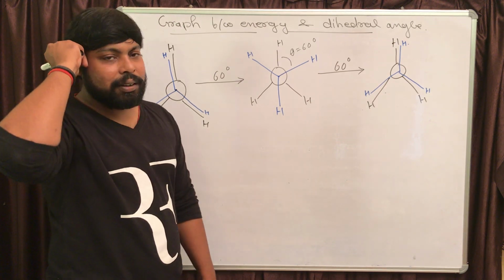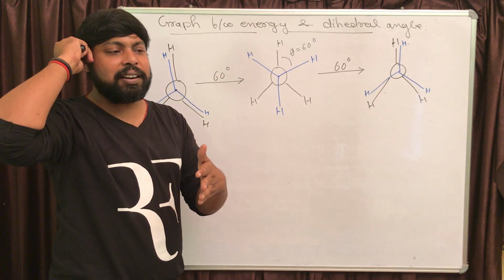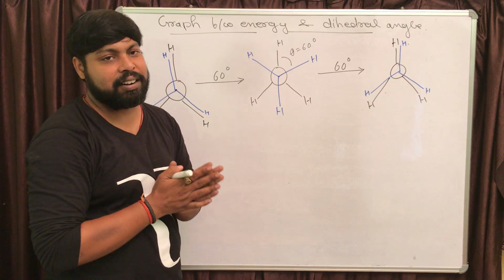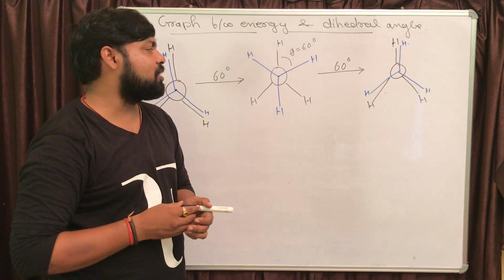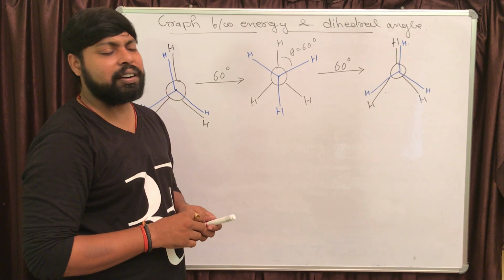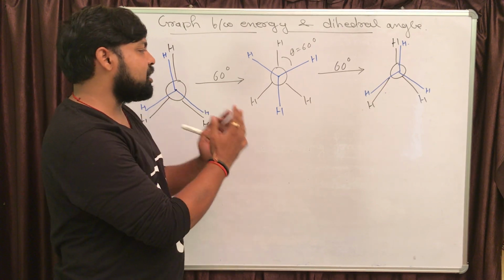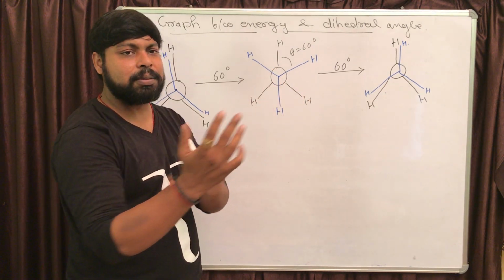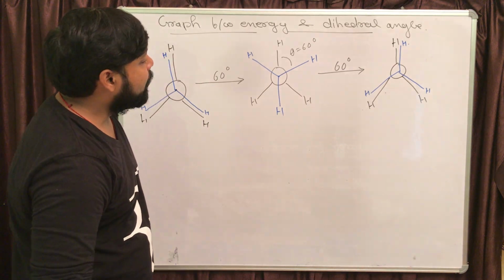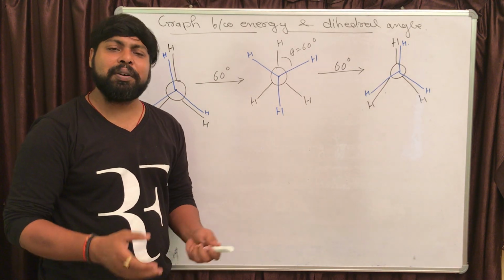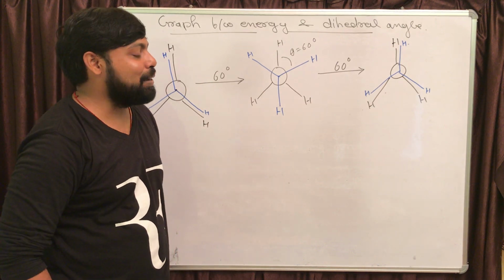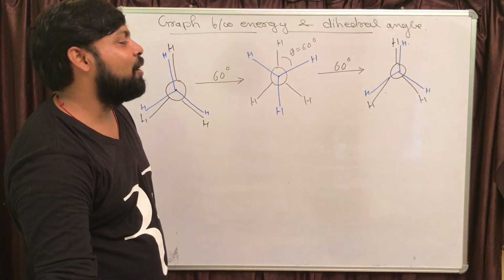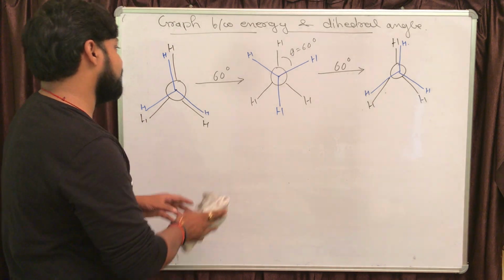So for that, starting from 0 dihedral angle to 360 dihedral angle, we are going to draw the graph. In case of ethane, it is not much affected. You are alternatively going to get eclipsed, staggered, eclipsed, staggered, eclipsed, staggered, and so on. But if the compound is changed, then there may be the problem, right? There may be a different structure. I will take an example for that.